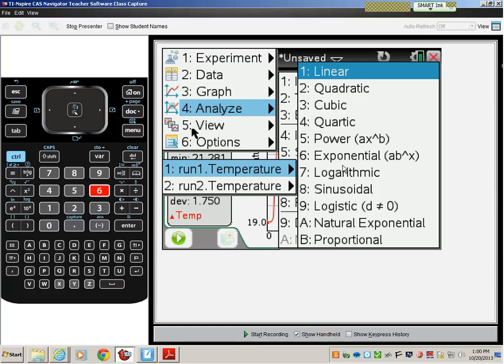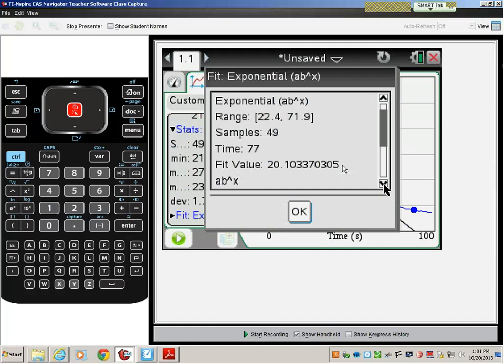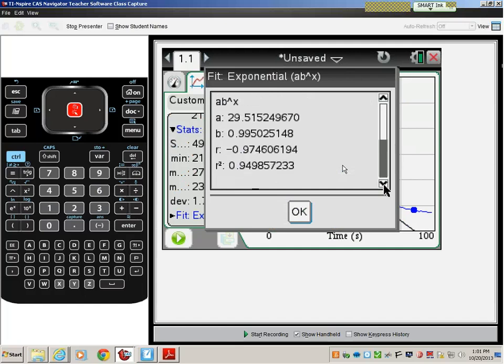So if I pick number 6 right now, it's going to give me the fit. Again, all this information is already recorded to the side, so I can either read this by going down in this window, and it gives me the equation AB to the X. I've got the values A, B, R, and R squared, and the R value is going to give me an indication on how good that fit is. I can close this window,